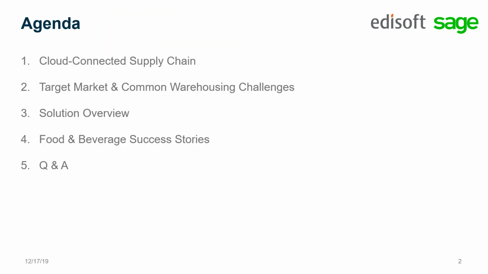So today's agenda is the following: the cloud connected supply chain from Edisoft for Sage 300, a target market for our applications and connectors, as well as common warehousing challenges that are solved by this connectivity. A little bit more about our warehousing solution called Quikpak, a little bit about the solution overview, some particular benefits, and then we are going to do a little bit of a tilt or slant, if you will, to the